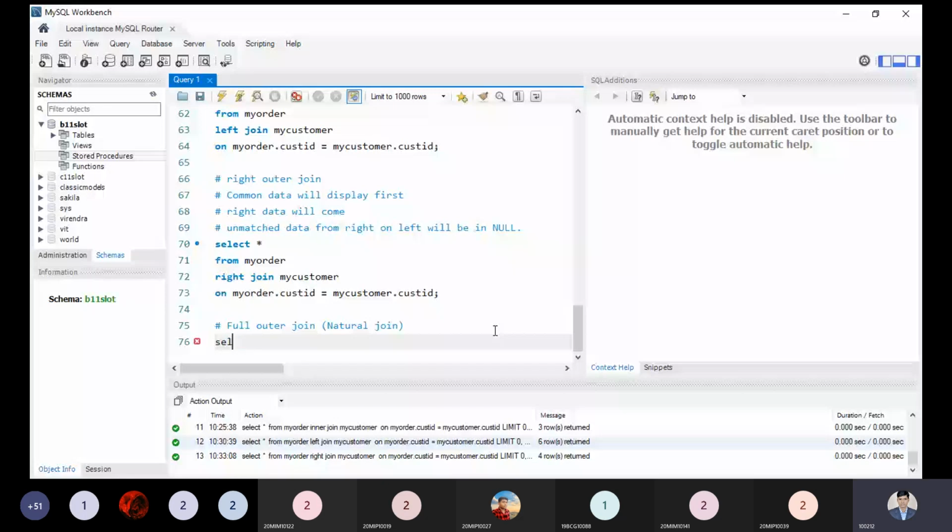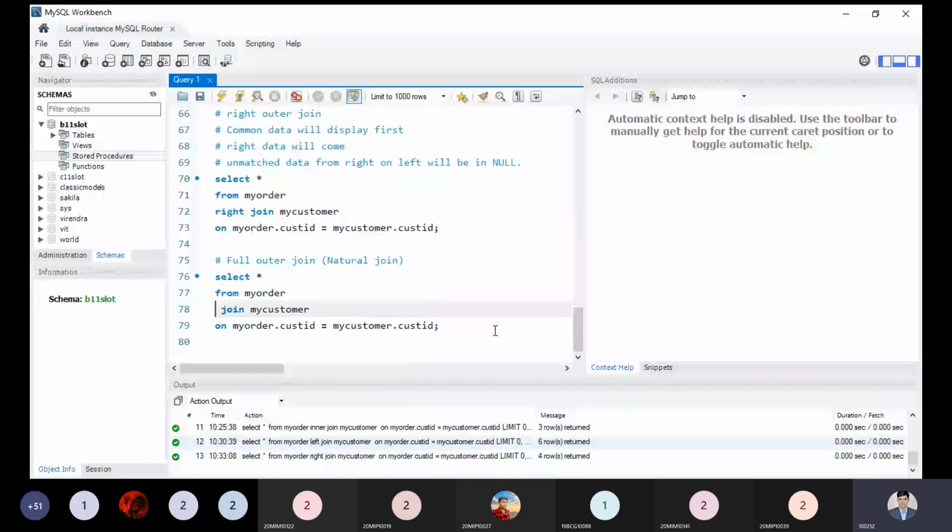Instead of the right outer join, you are just required to use the full keyword instead of the left or right. So what we are doing, we are applying the full outer join and it treats it as a natural join over here, because the outer keyword is not applicable in MySQL. That is the reason we can consider the full outer join in MySQL as a natural join. But if you really want to implement it, then you have to use the union or union all keyword.